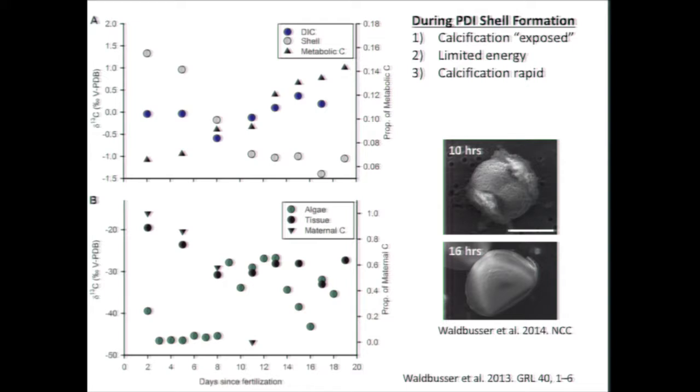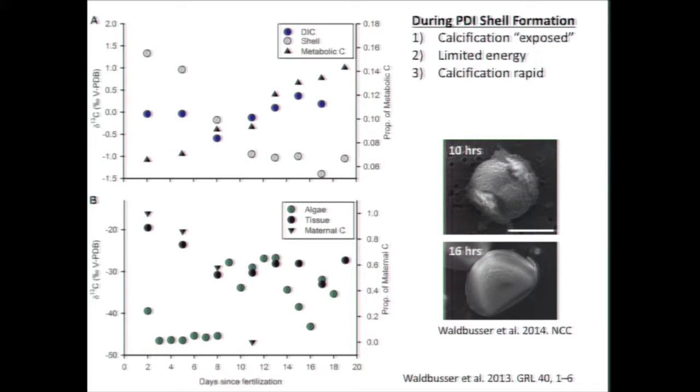So we know they carry over the metabolic carbon from the eggs, right? And so here's the tissue value, here's the algae. It's sort of interesting working with hatcheries where they're using industrial CO2 to grow cultures. That's why you have such a negative number here. That's not a natural environmental algae signal. And so what you'll notice is that the metabolic carbon in the tissue from the mother drops off really quickly. We have nitrogen isotopes that show this varies as well.